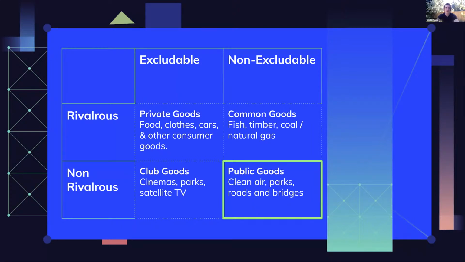The key here is that there are public and private versions of a lot of these things. But the other thing to note is that there's this idea of things being scarce or things being open. There's no shortage of clean air, at least in certain parts of the world. If you are in that part of the world, you have access to clean air. It's not quite the same with fish or timber or coal or natural gas. Those are things that it's, of course, possible to run out of at a given point in time.